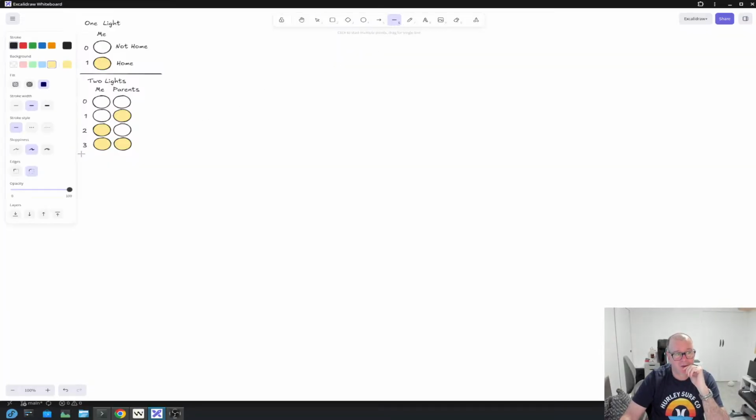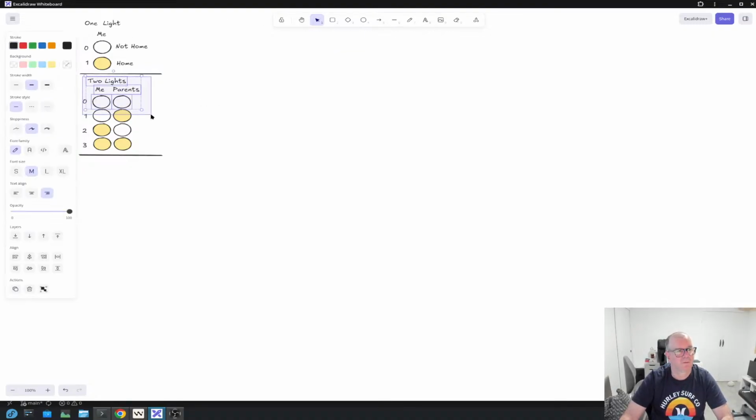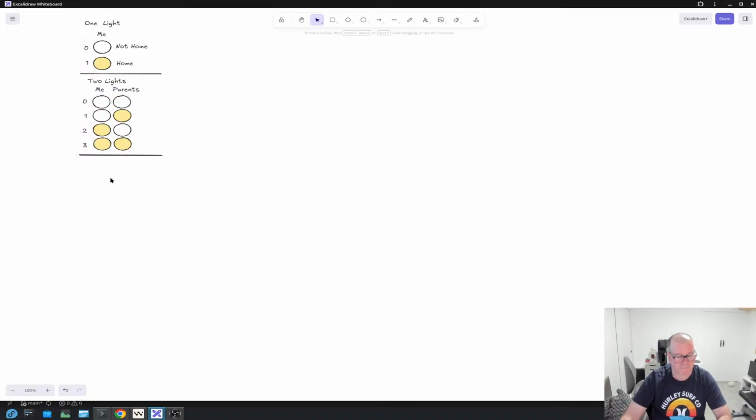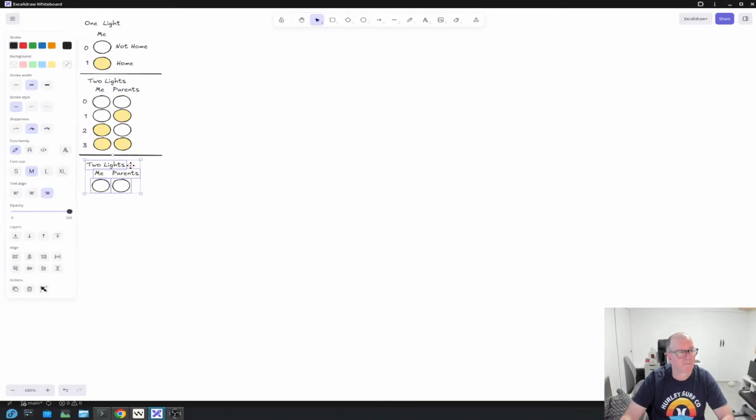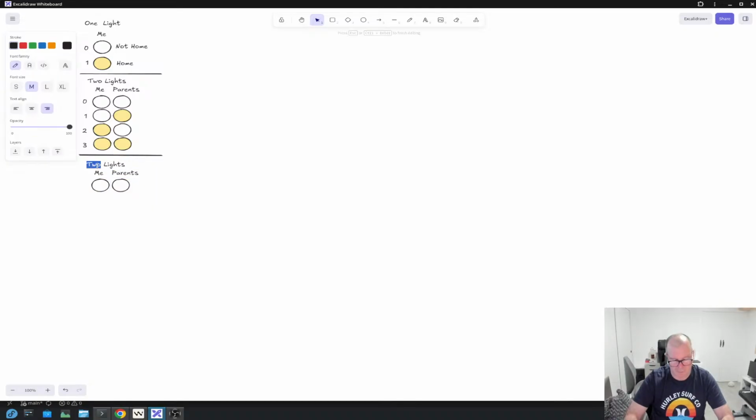Now let's see another example. Let's see if, okay, I want to give one extra piece of information. And let's use 3 lights instead of just 2. Let me copy this. And let's say, okay, now I want 3 lights. With 3 lights, we can add something else here.